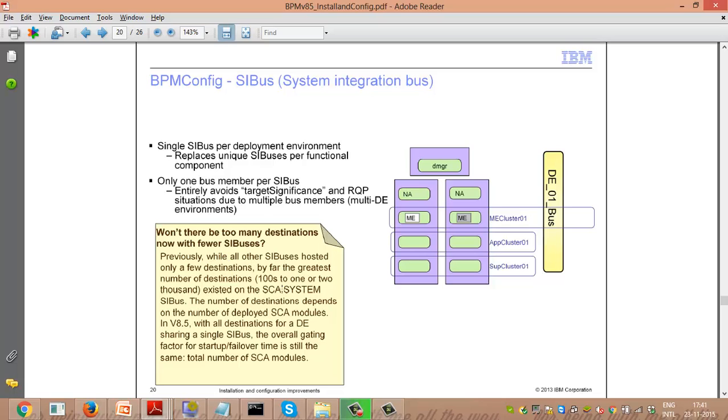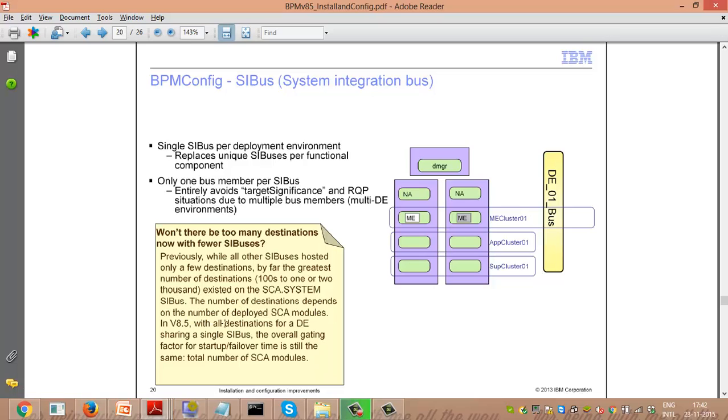Previously the SI buses hosted only a few destinations each, but for the greatest number of destinations it was hundreds to one or two thousand. Earlier it was like that: 100 system integration buses mapping to one destination, or sometimes 100 mapping to 2000 destinations existing in the SCA system. So the number of destinations depends on the number of deployed SCA modules.